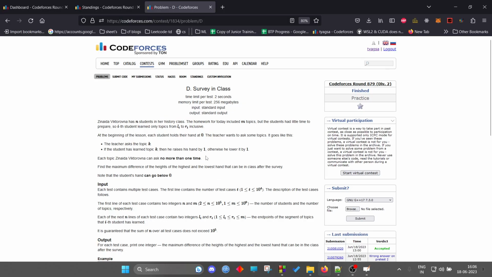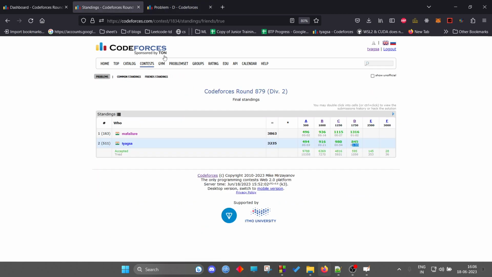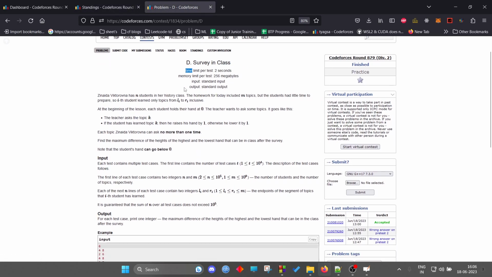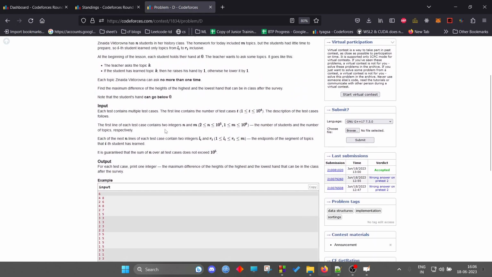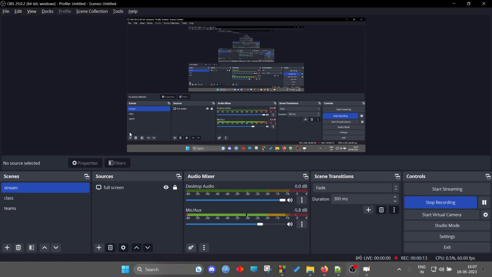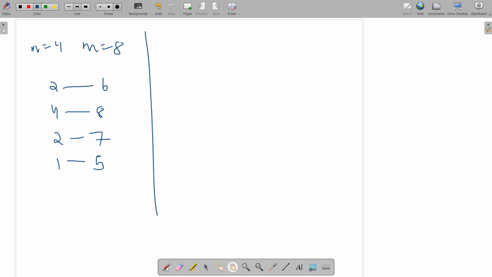Hello everyone, we will discuss problem D for round 879, and I solved it quite late in the contest. So what does the problem say? Basically you're given n students and m subjects, and each student knows subjects from some range Li